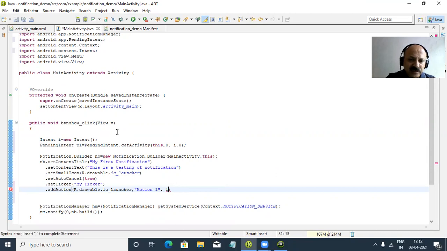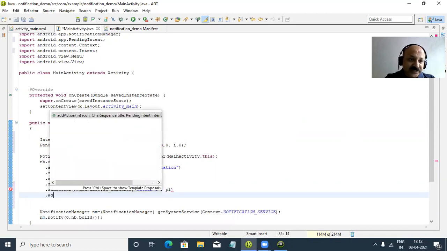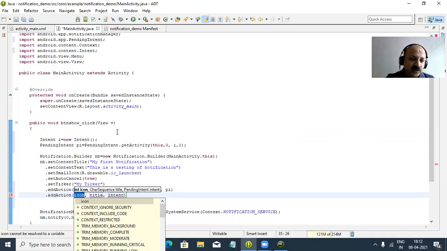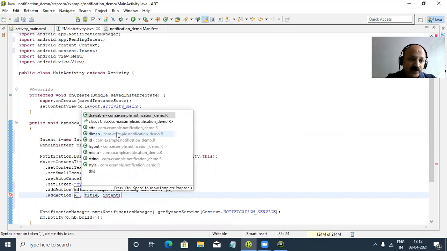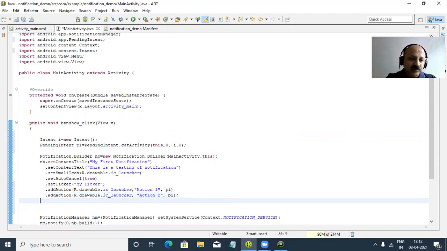So I pass the pending intent object. Again I use addAction for a second action. There is no limitation, you can attach any number of actions to your notification. Then I give the title in double quotes, let us say action 2, and then the intent. So I use the PI pending intent object again, and now I give the semicolon.